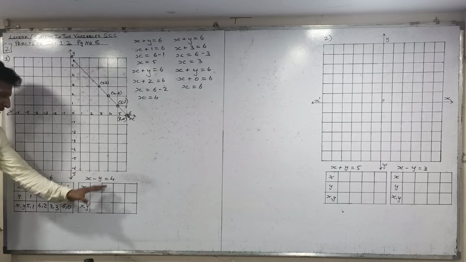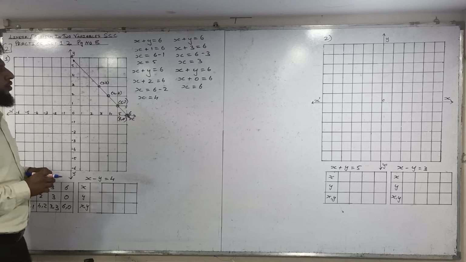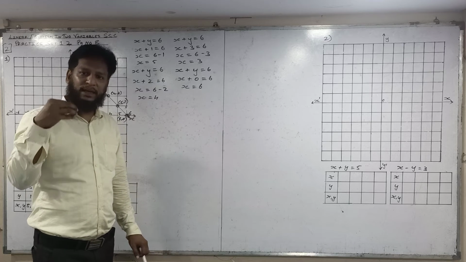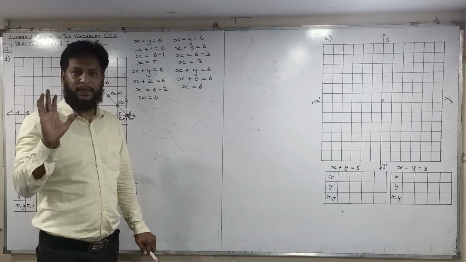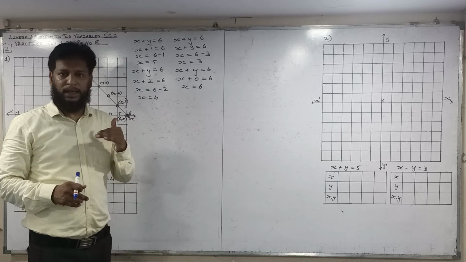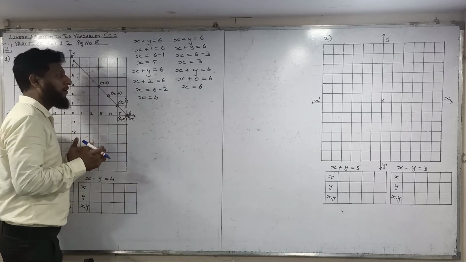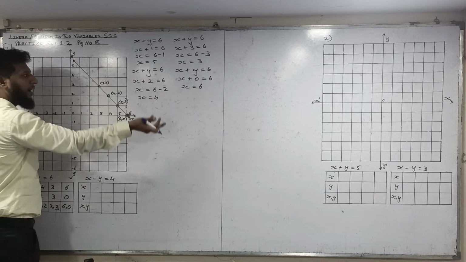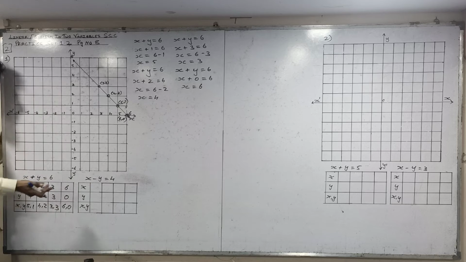So now I will solve this first. What I have done in this equation is take y value only, just to avoid confusion. You can take x value also, but it will confuse you. So when you solve the sum, if you are taking y value, then take y only; if you are taking x value, then take x only.